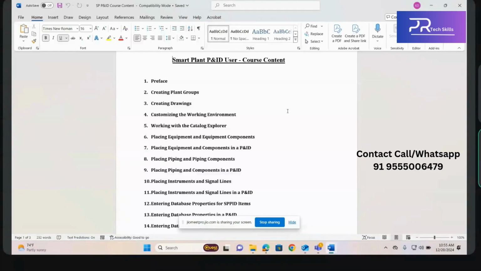Another thing is, basically this is a software. You have already worked on AutoCAD, but we have also worked on